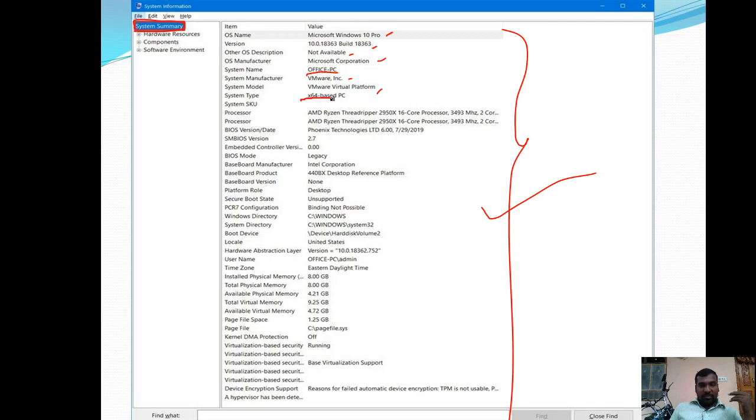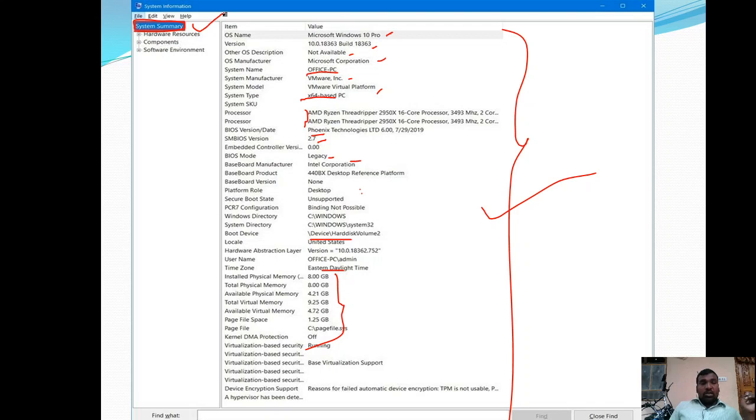So which type of system it is, then the processor details, BIOS details, BIOS version details, right. BIOS mode, BIOS manufacturer, boot device details. And then the time zone we are using, and the physical memory available, right. So like this, all the information about your PC is displayed in the System Information, System Summary.